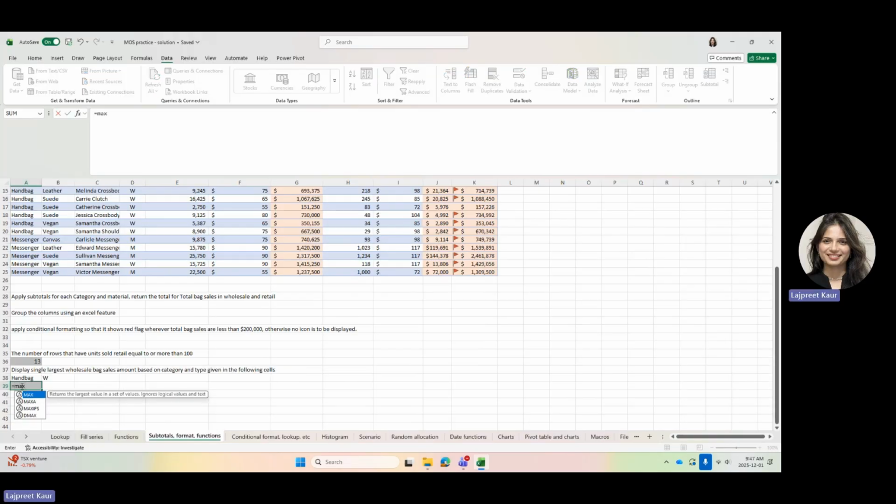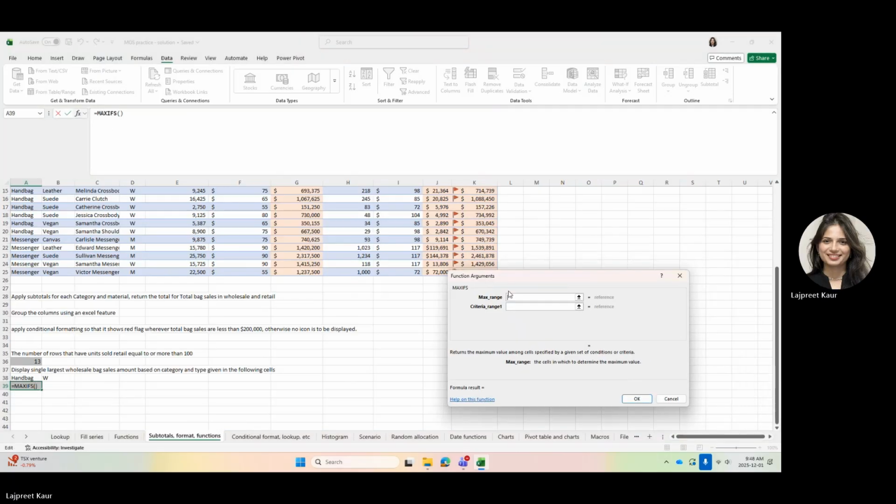Max. But now I have two conditions. I want to display the maximum for handbag as well as for W. So I will use maxifs. Max range. When you click on the more arguments, the more arguments will start showing up. Max range,